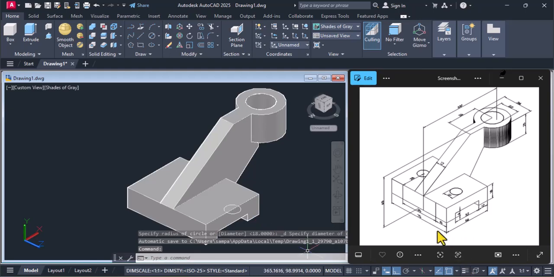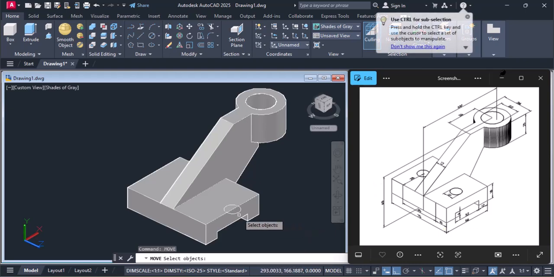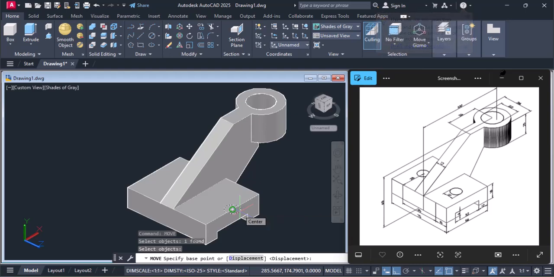And then you have to move it inwards to a distance of 15 units, which is given here. So we type move, hit enter. Select the object to move, this circle, hit enter. Center point of the circle is this, and move it inward to a distance of 15 units and hit enter.